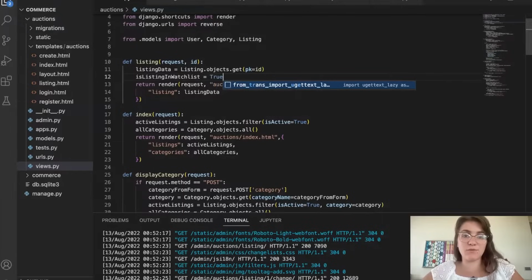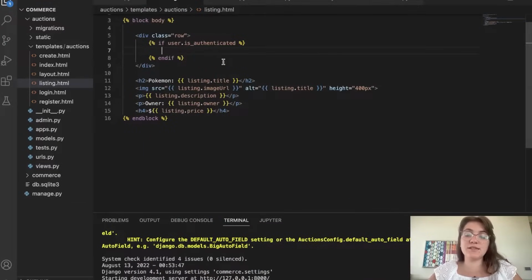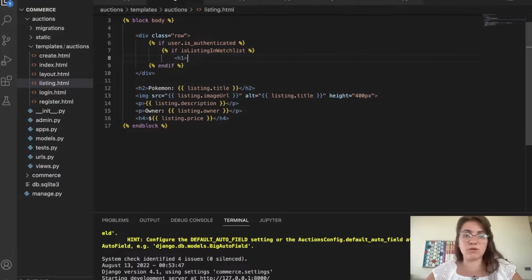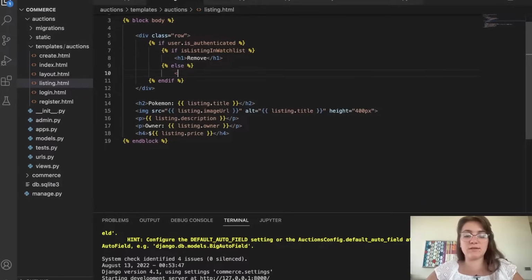Okay, and then we can work with this, but I'm gonna send this variable, is listing in watch list. In the future we can work with this, like I said. Okay, so we're gonna check if this variable is true. So if is listing in watch list, what we want to display, let's right now do an H1 saying remove from watch list, remove, and the else will be we want to add. So if it's not in the watch list, else we want to add. Okay, and let's